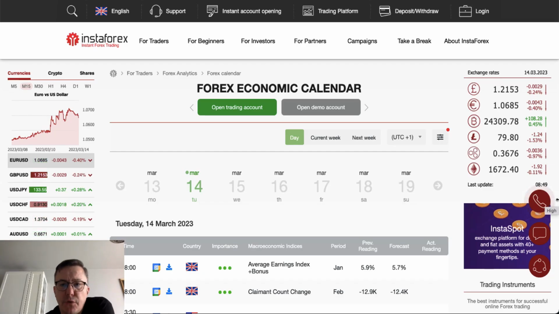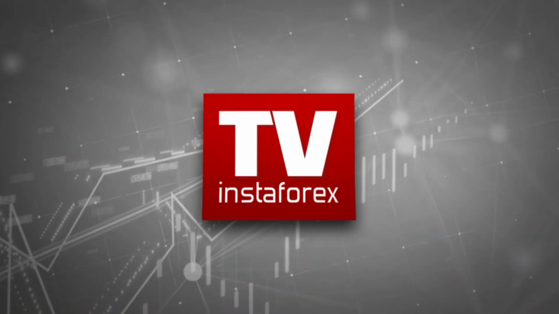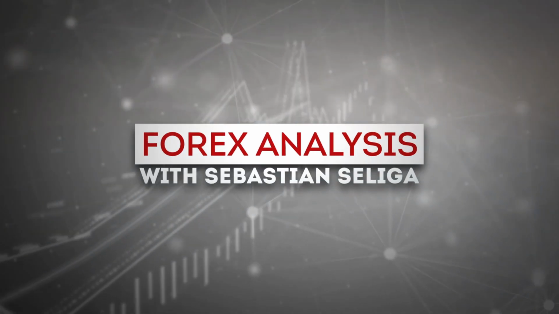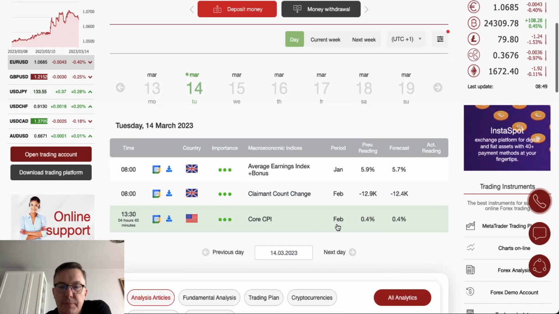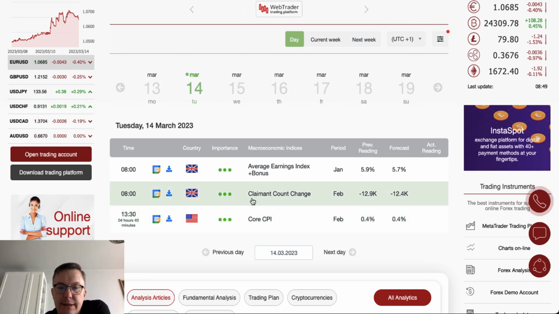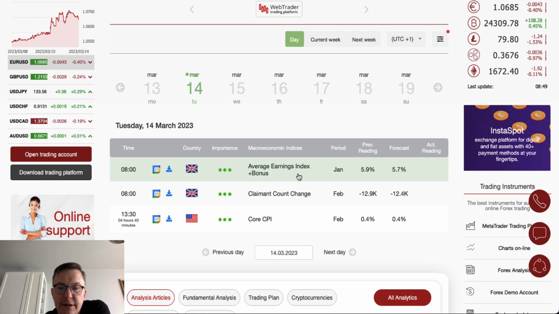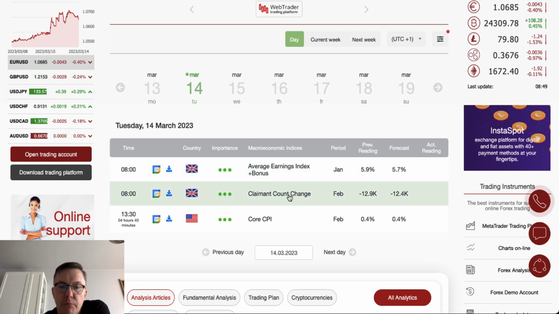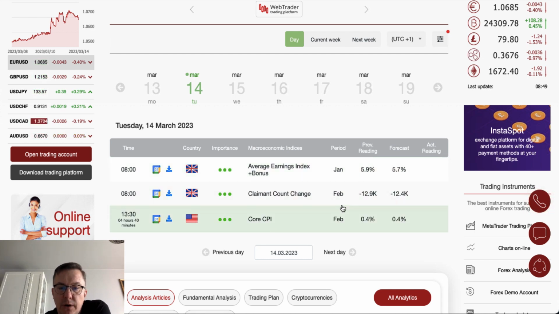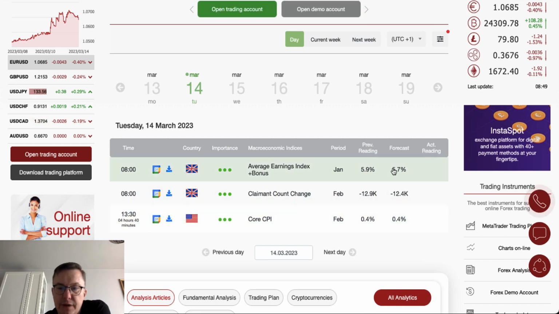Today is Tuesday, March 14th, 2023. Let's take a look at the Forex calendar for today. What do we have here? Well, plenty of very important data scheduled for release from UK: average earning index and bonus and Claimant Count Change. Both of them are scheduled for release at 8 o'clock a.m. As you can see, the forecasts are mixed, so we should see what will be the reaction of the market participants on the data provided by the